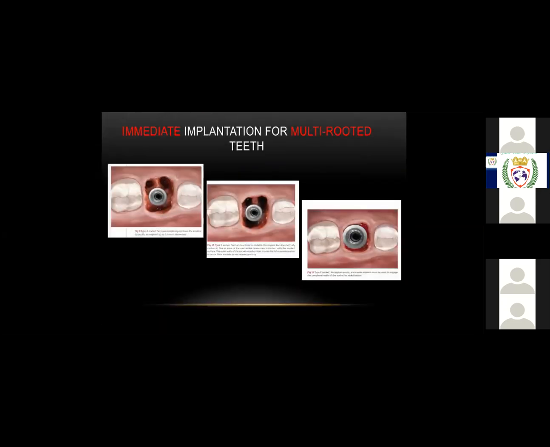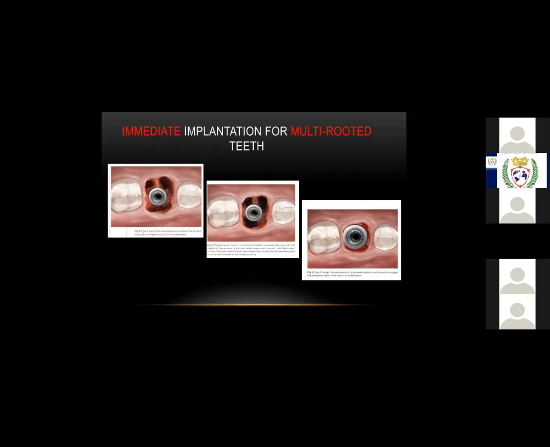So now when we consider immediate implantation for multi-rooted teeth, if you want to extract the tooth and put an implant immediately, then we have around 3 different situations. We call it like the first situation, or a type A situation, where you extract the tooth, multi-rooted tooth, but you see a good interdental septum, you have a good amount of bone, then you can exactly place at the septum and utilize all the bone. And in the type A, throughout 360 degrees, the implant will be covered by bone. So generally you can place around 4 mm or 5 mm of the implant, so that implant is completely submerged